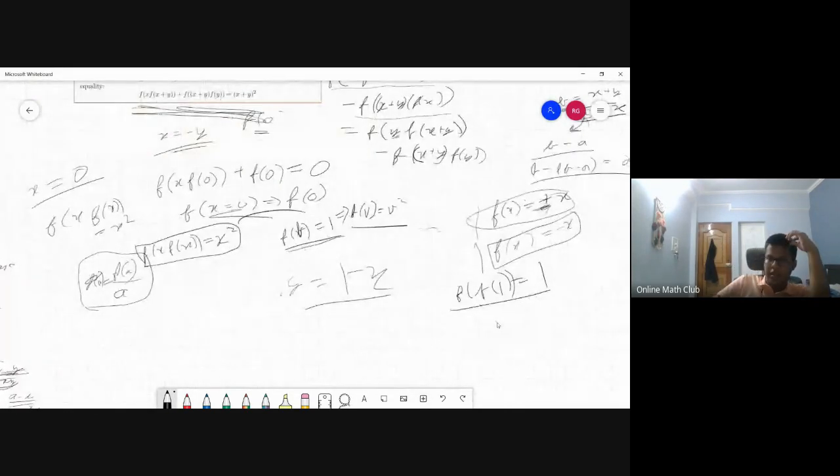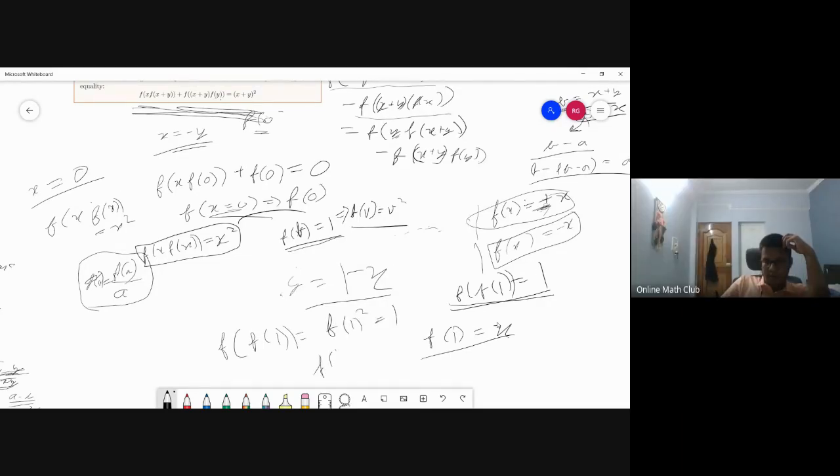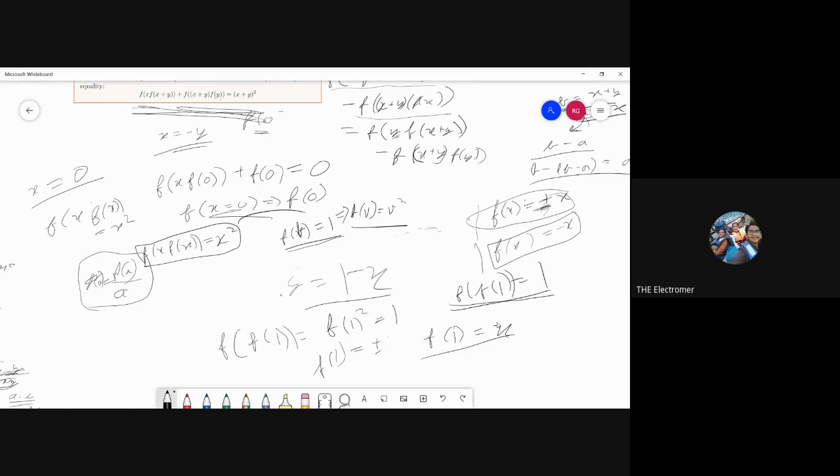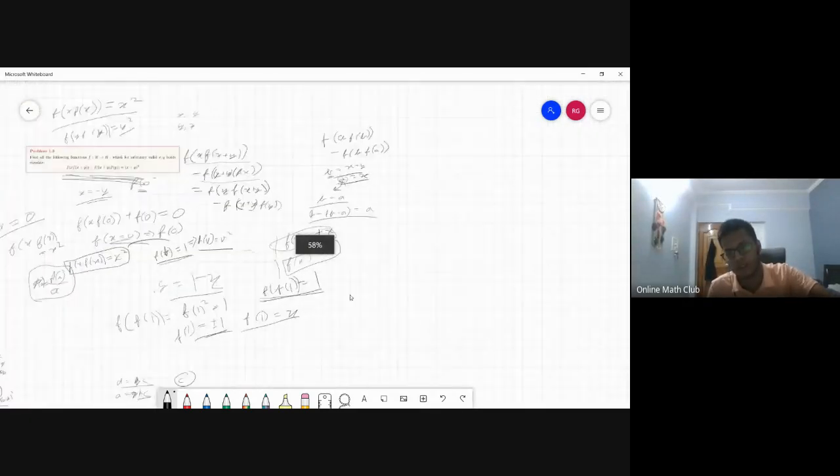The person is correct. We have f of 1 is 1, right? And plugging in x equal f of 1, we just get that f of f of 1 is equal to f of 1 squared is equal to 1. So f of 1 equals plus or minus 1 also. Yeah, that was what I was going for. Is the function continuous? No, we have nothing like that at all.